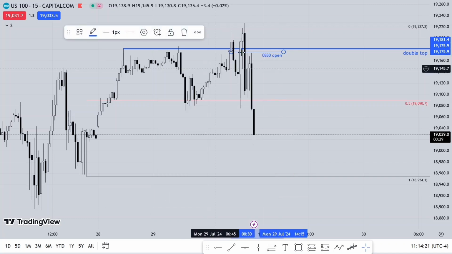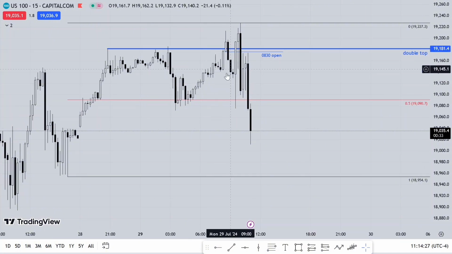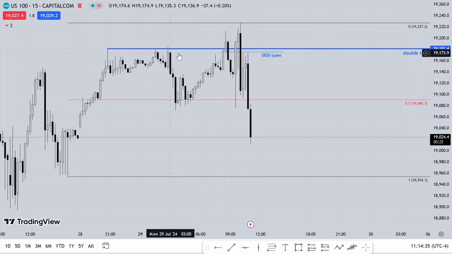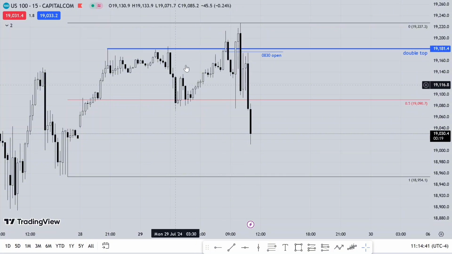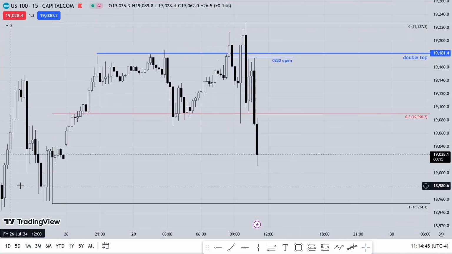The New York session starts by 8:30 open, and when it does that, it rallies higher to purge out those buy stop orders which are resting there, and now it is in a premium price. So when it is in a premium price, it will drop lower. So when you have that drop lower in price and you are bearish from the higher time frame after you